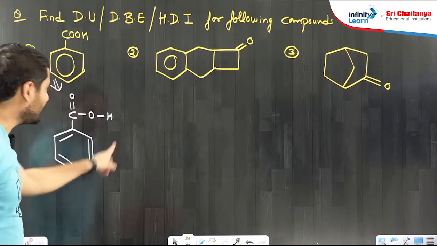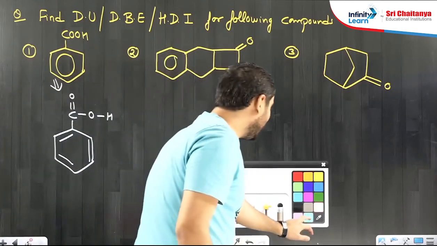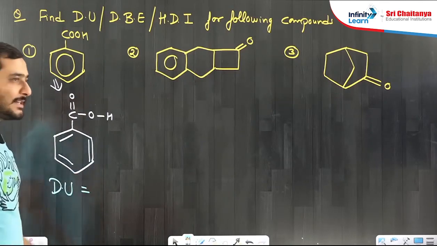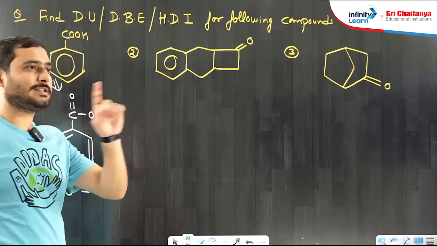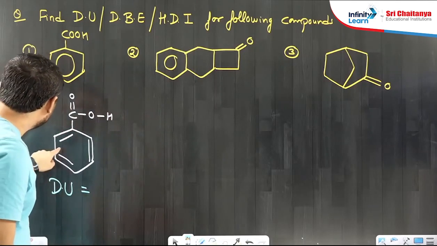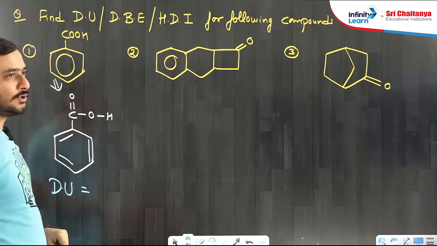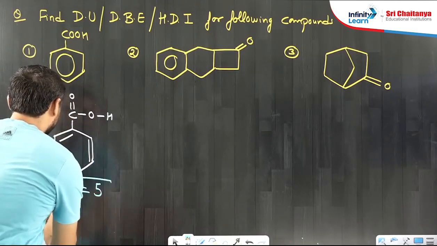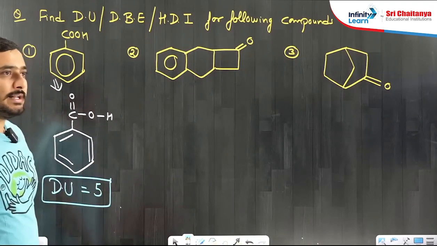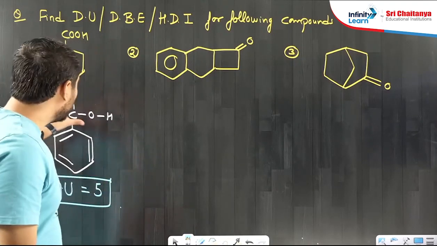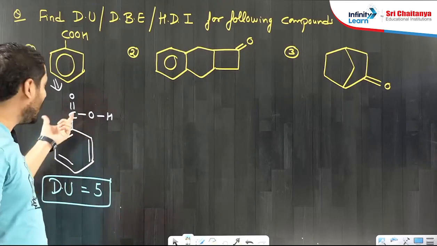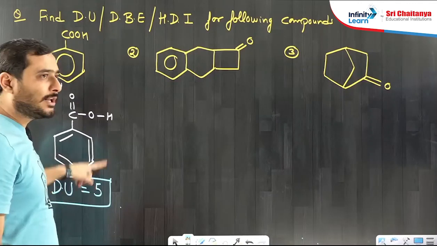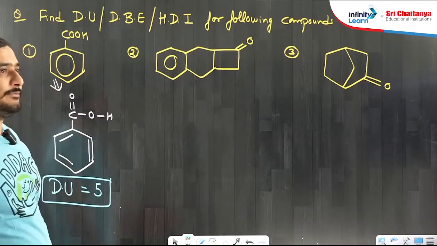Now count degree of unsaturation for this. Now easily you can find degree of unsaturation. So first, how many rings are present? One ring is present. For ring, degree of unsaturation 1. How many double bonds are present? 1, 2, 3, 4. So degree of unsaturation 4. 4 plus 1, what is degree of unsaturation? 5. So this will be the answer. So you have to draw expanded structure so that you can know how many double bonds and how many rings are present. So in this structure, one ring and total how many double bonds? 4. That's why answer is 5.